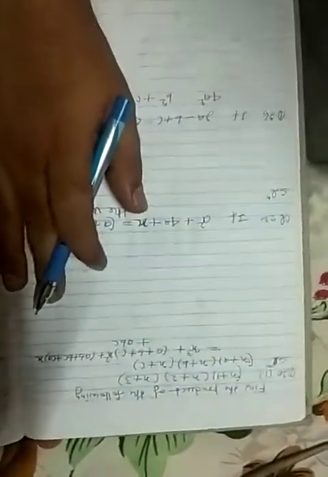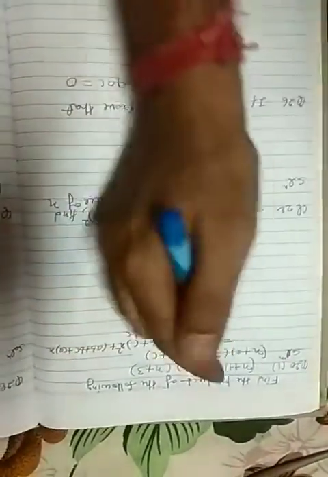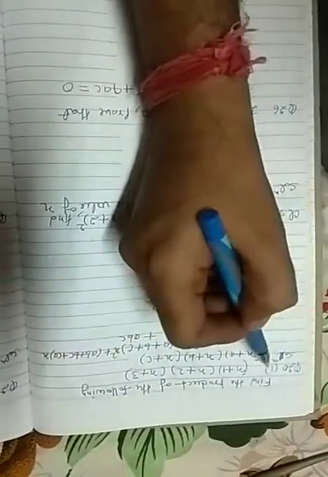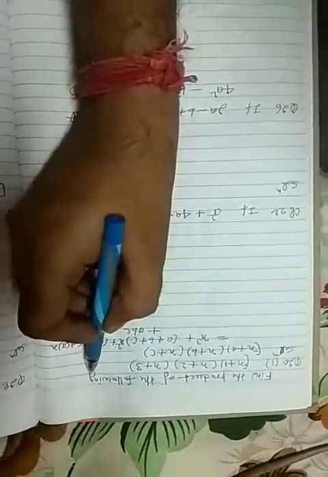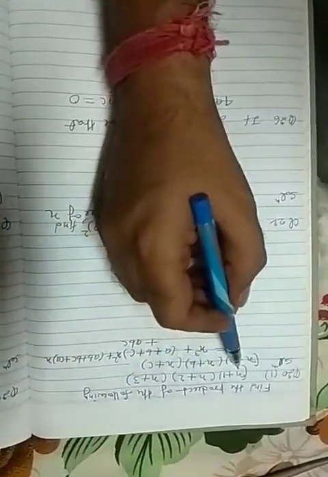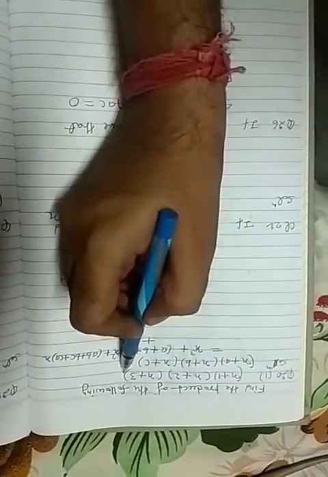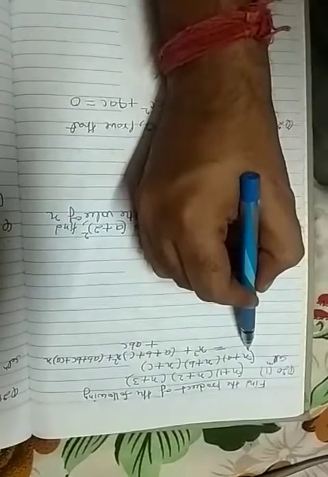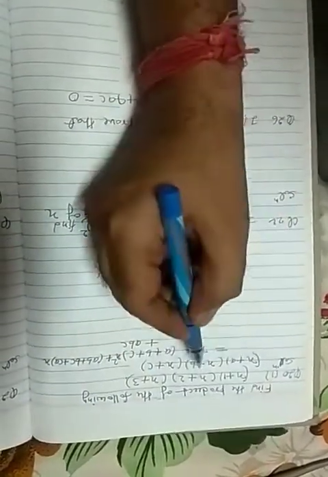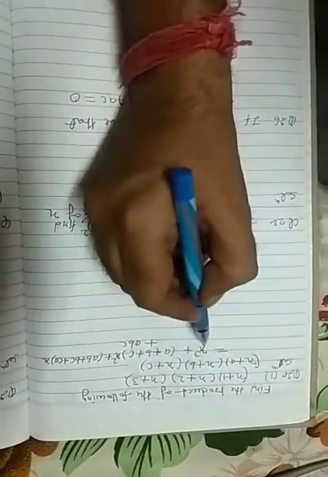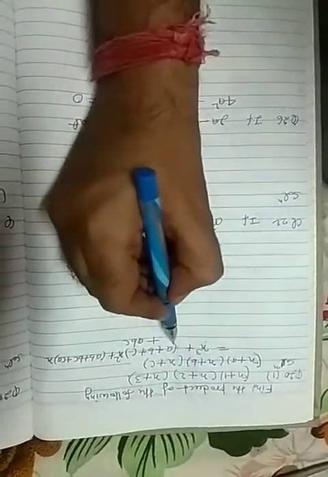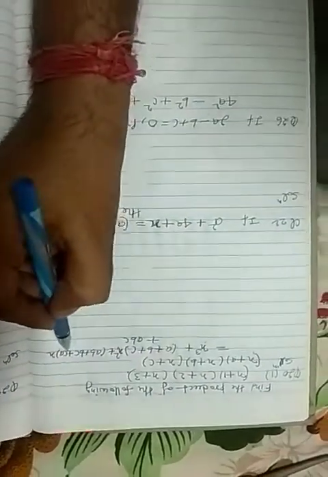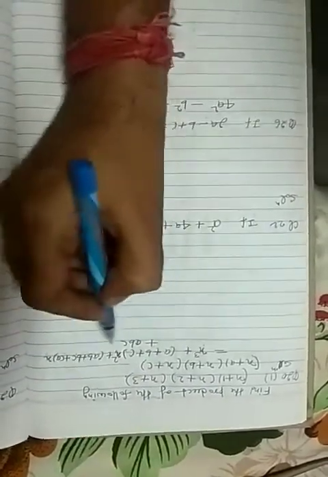consider some more questions. So you see in this question number 20, find the product of the following. I consider question number 20 first subpart. You can find the product of this question directly if not mentioned using formula, but here I solve this question using a suitable identity. So the suitable identity is (x plus a)(x plus b)(x plus c) equal to x cube plus (a plus b plus c) x square plus (ab plus bc plus ca) multiplied by x, then plus abc.